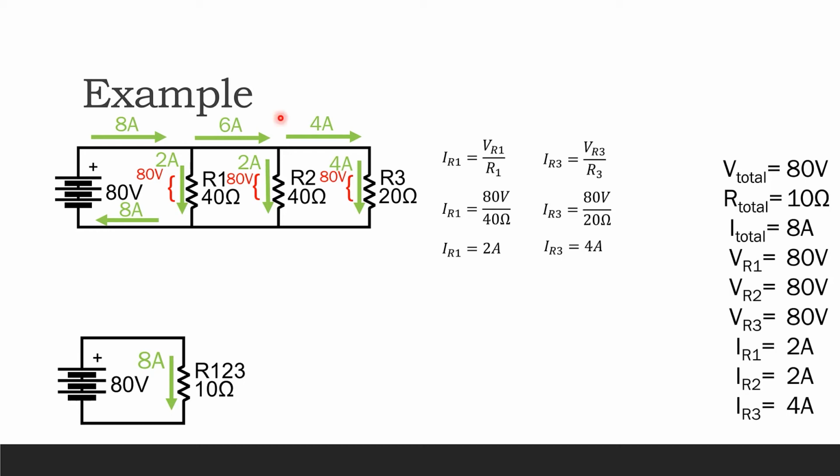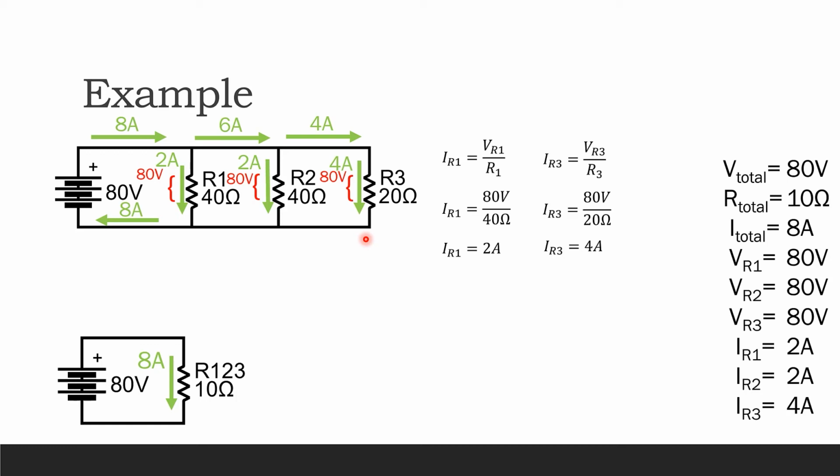Now there's another way we could have done this also without having to use Ohm's law. We could have just said, well, there's 4 amps flowing through this part of the circuit, and it only has one path to follow, so all of that current has to go through R3. So we know that there has to be 4 amps going through R3, even without doing Ohm's law. So now we have all of the answers